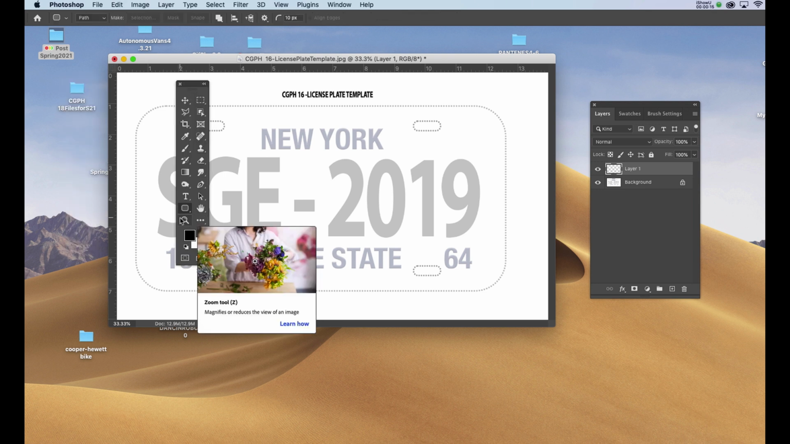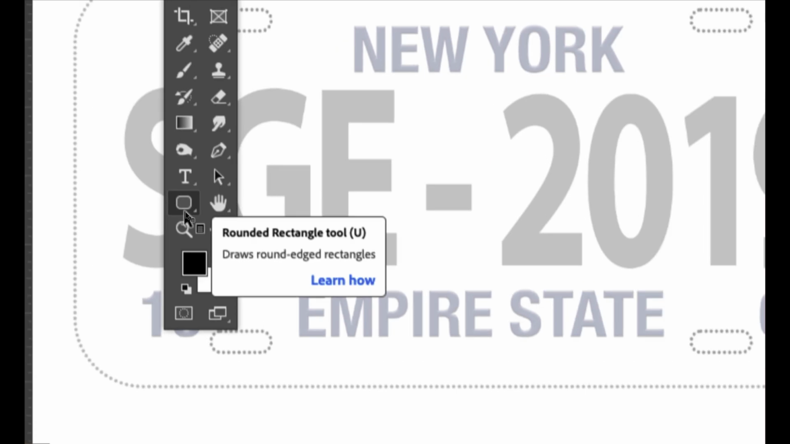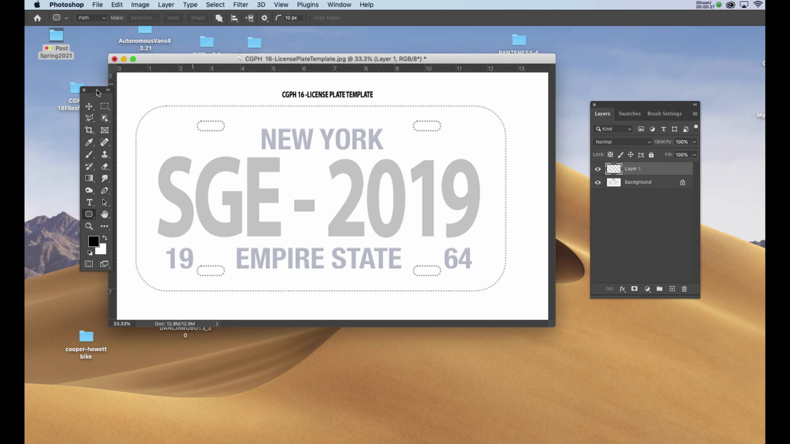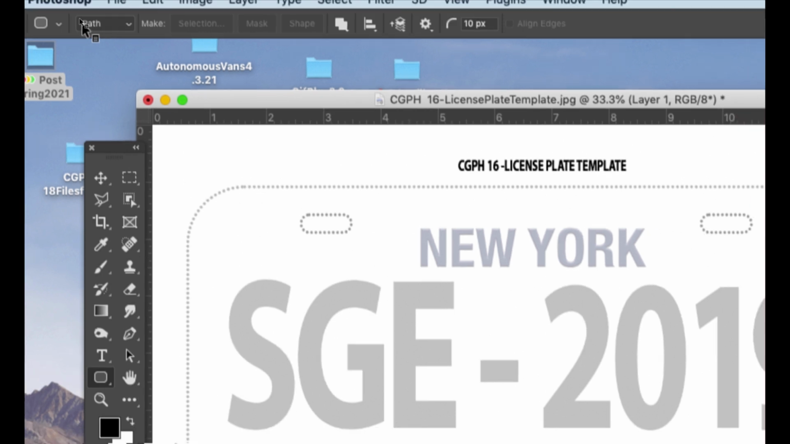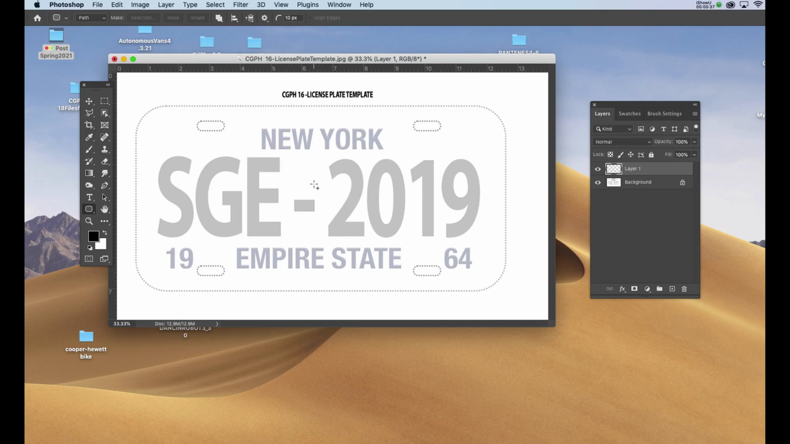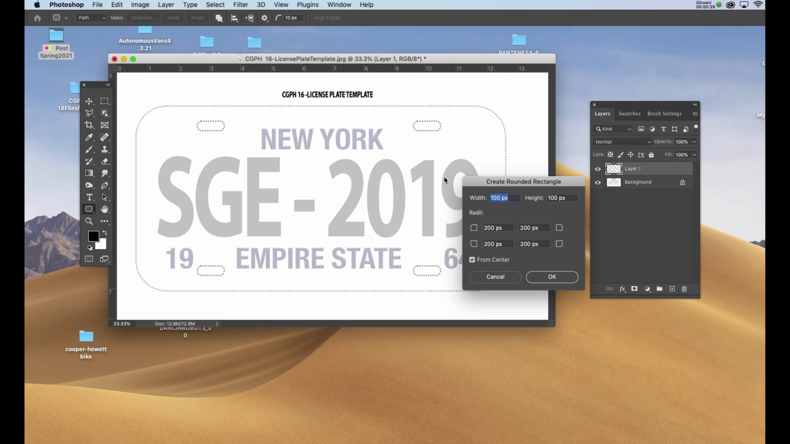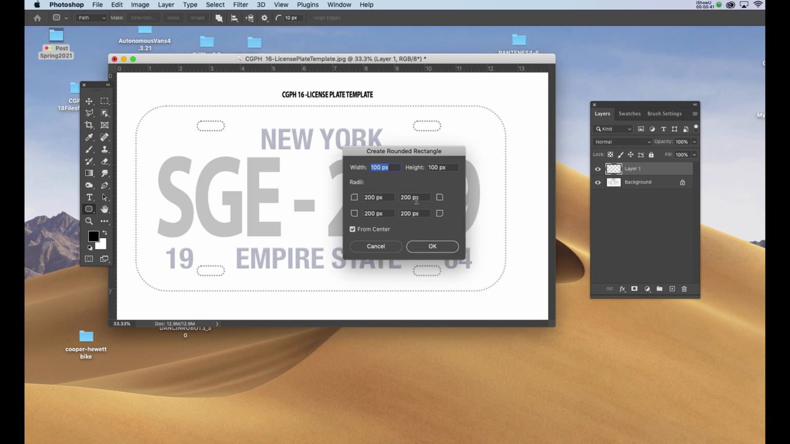And when I hit U on the keyboard, it takes me to the path tools that we see inside of Photoshop. And I'm choosing the one that's got the rounded rectangle. Once I've chosen that, I'm going to make sure that it's set for path in the upper right-hand corner of the application itself. I'll click anywhere in the center of the file, and in the Create Rounded Rectangle window that